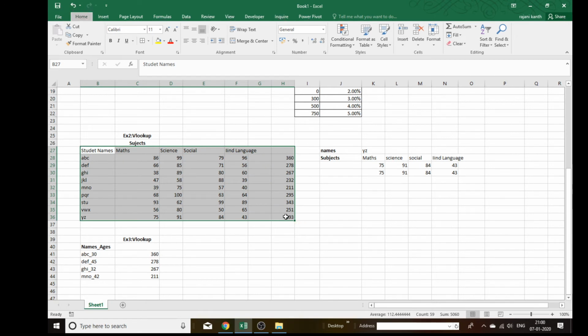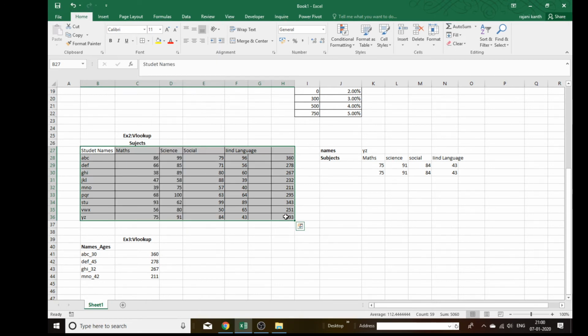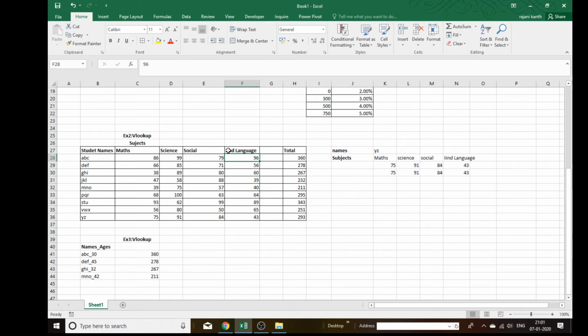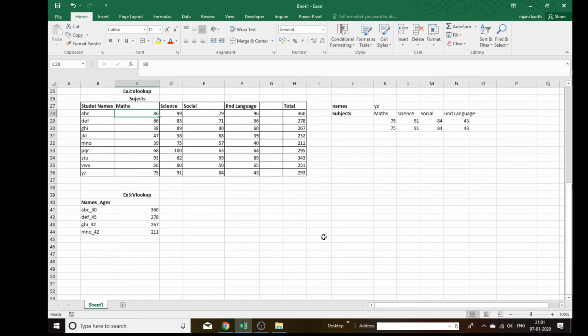Select all borders. Then Control V, bold. And we have total. Total, Control V. Sorry, Control V, Control V. So just repeat it like this for the second language. Okay. Now